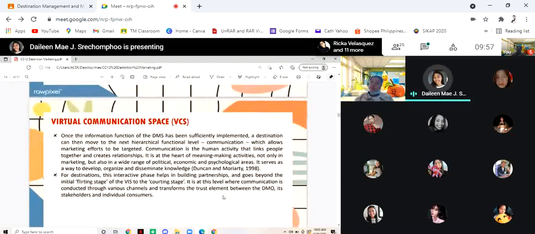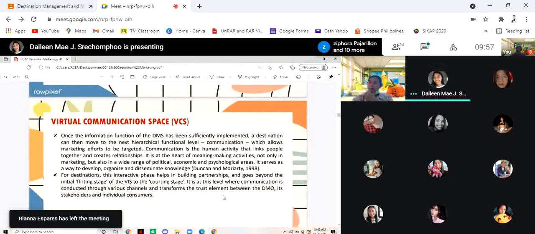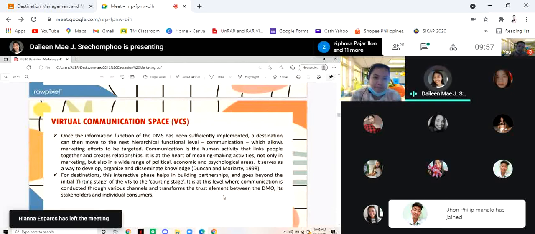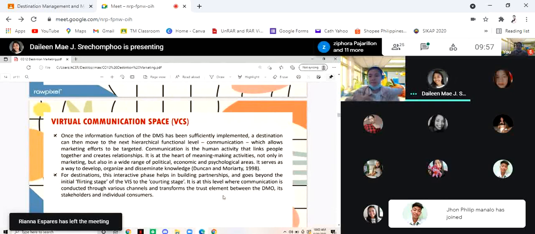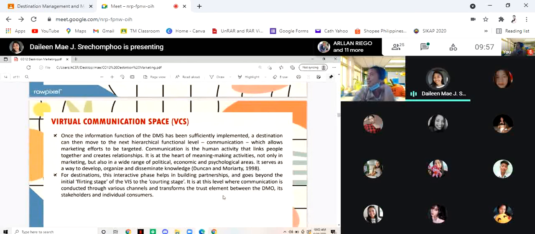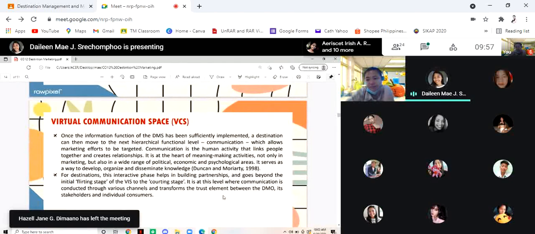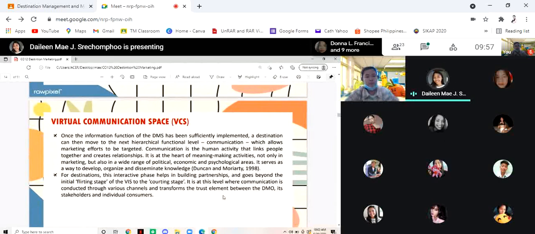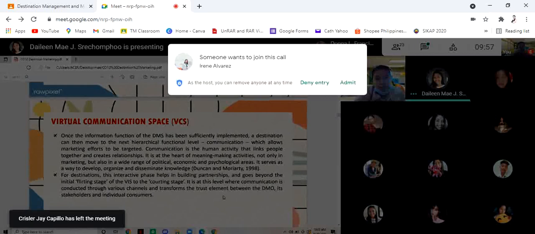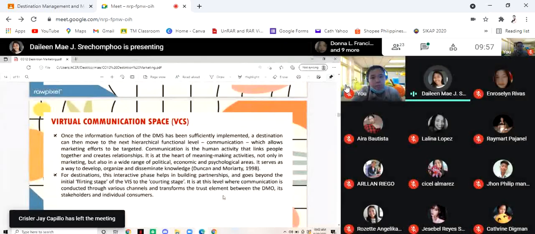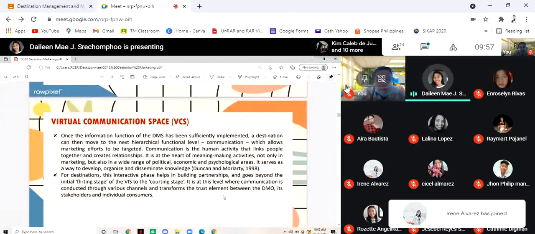Tapos, ito naman yung another function, Virtual Communication Space, or VCS. Once the information function of the DMS has been sufficiently implemented, a destination can move to the next hierarchical functional level communication, which allows marketing efforts to be targeted. Communication is the human activity that links people together and create relationships. It is at the heart